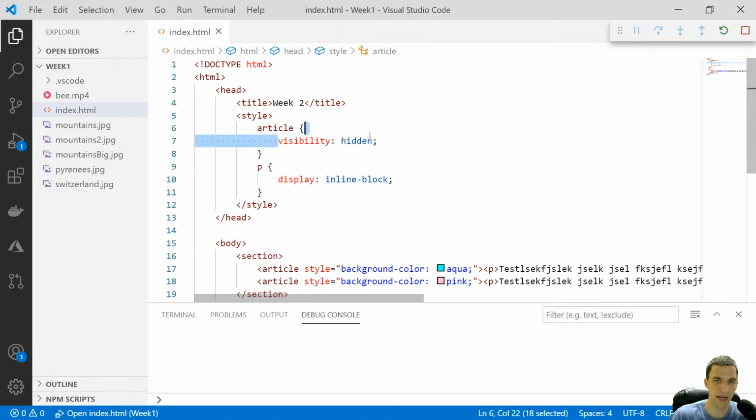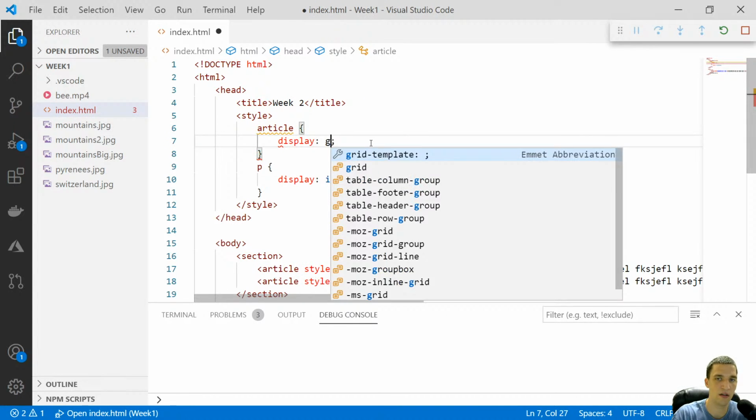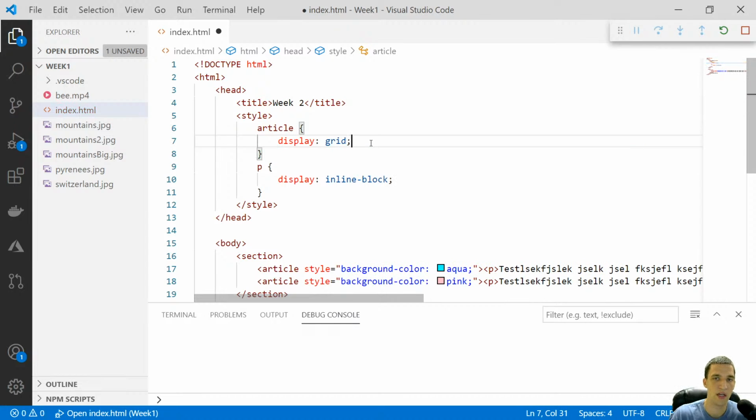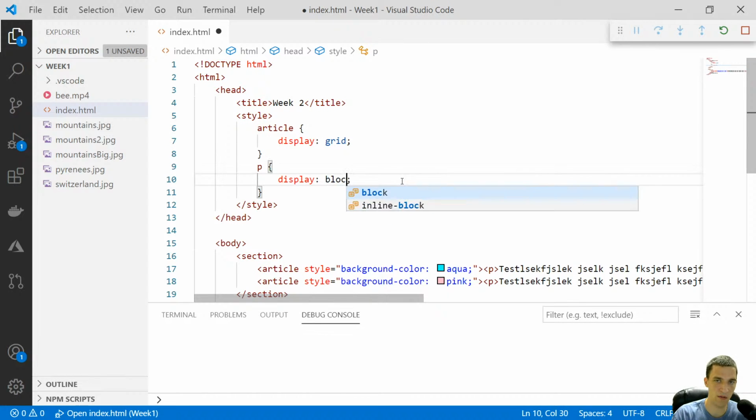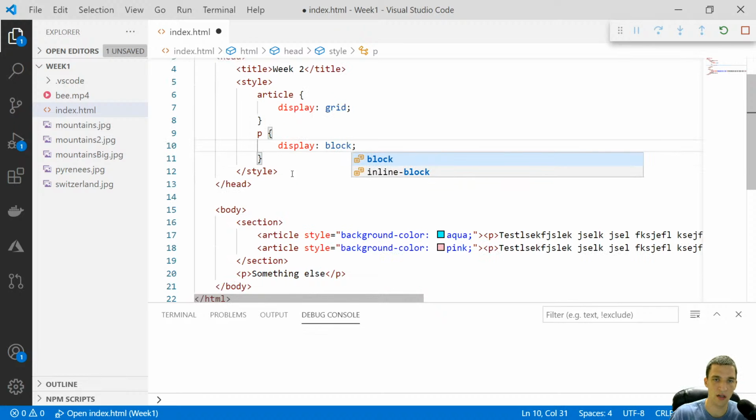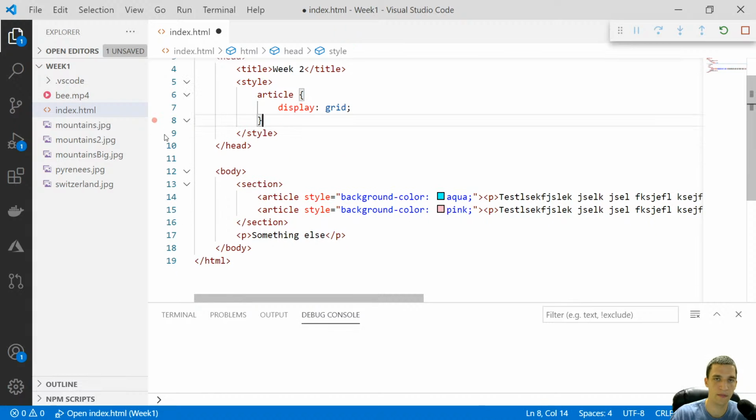So what other display options do we have? We have display grid, which is one of my favorite ones. I use it all the time. So I'll show you what that is right now. Let's go ahead and for each of these, well, let's do this. Let's get rid of this. And let's have each article